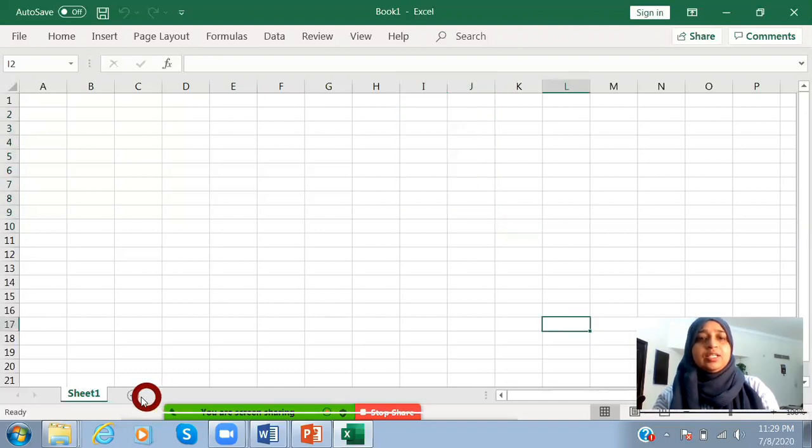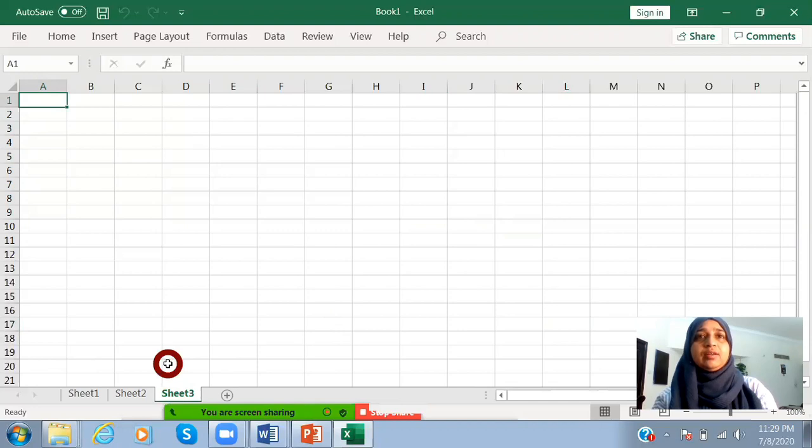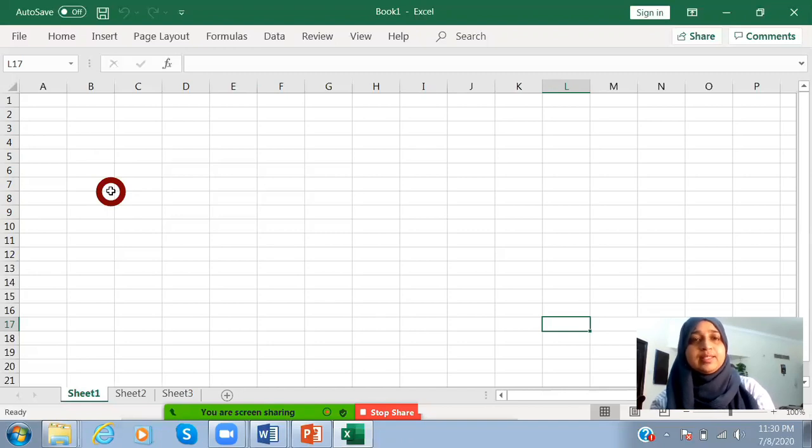So next is sheet area. This I already explained to you while explaining the worksheet, right? So here you can see the multiple sheets, right? This is the place we enter the data, right? So data in a spreadsheet can be numeric, text, formula, or date, or functions, or whatever, okay? So I'll teach you in the next class how to enter the data, how to copy the data, and how to apply the formulas and everything. I'll teach you in the next session.